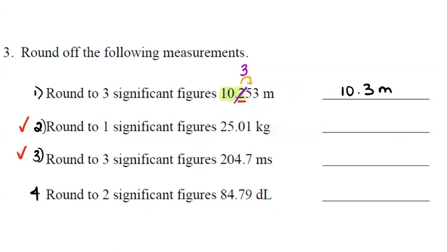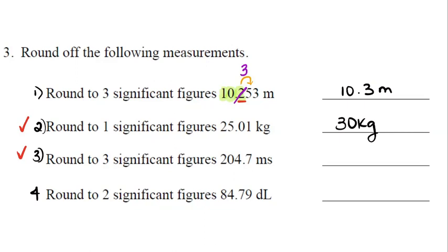Okay, let's go over the two problems. So the problem that I designated as number 2, when we round 25.01 kilograms to one significant figure, let's put on the chat what will be the answer. Let me see you guys' answers. Okay, I see some correct answers here. So for my students that answer 30 kilograms,